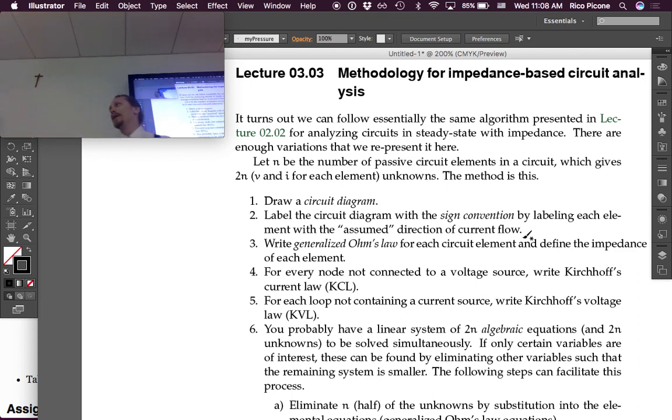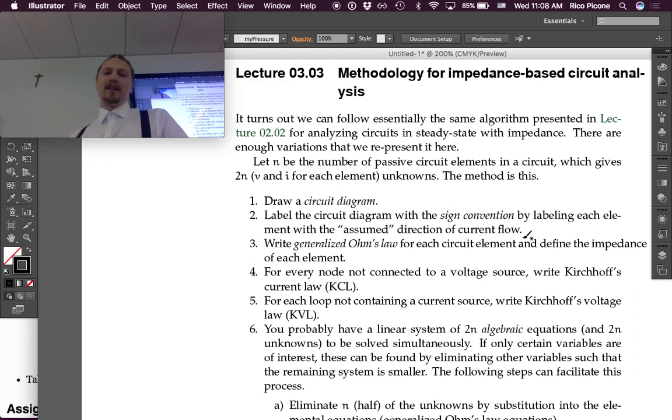And so we said, well, maybe there's a way to find the steady state response without going through this whole process and solving the differential equation. And that's what we're building up to. We introduced impedance, and now we're ready to introduce that method. So we're going to get 6 steps. They're very similar to the other 6 steps, but there are a few places where it's a little different. And we won't have to solve a differential equation. And some of you are super relieved about that. But don't worry, you'll still get practice doing differential equation problems, like your homework this week. Okay,